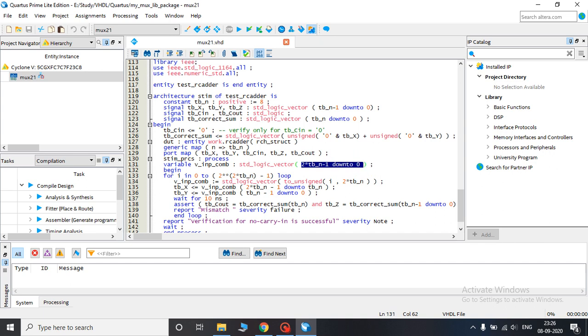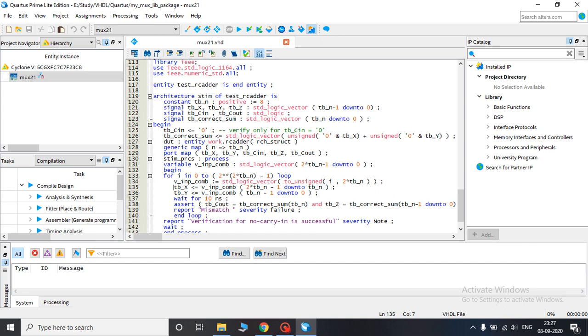We will splice this vector into two, and we will just increment the value of this vector v input combination by 1 every time, and then we will splice this vector into 2, and then we will use it to sum. That will be illustrated ahead.